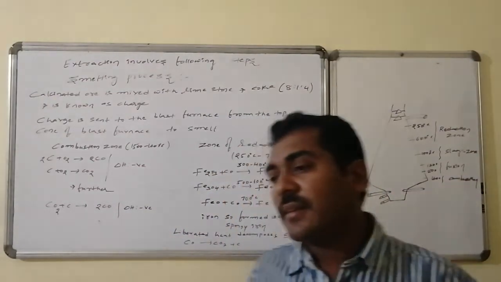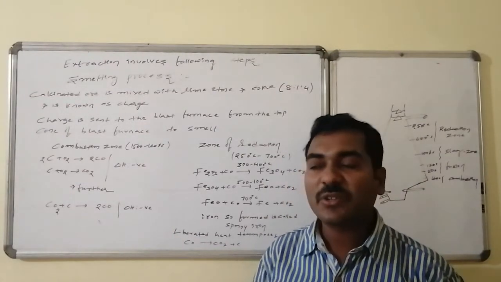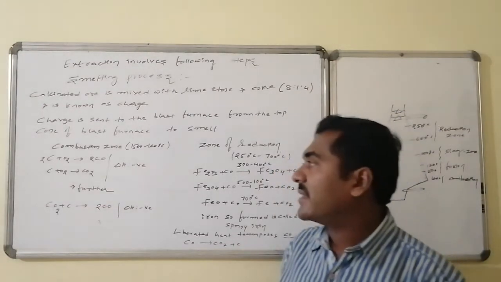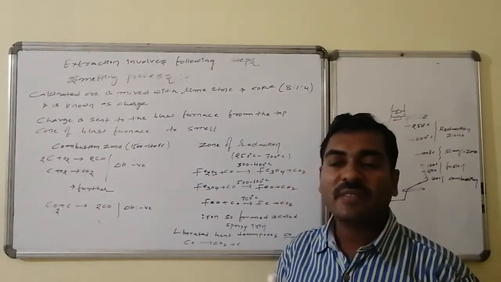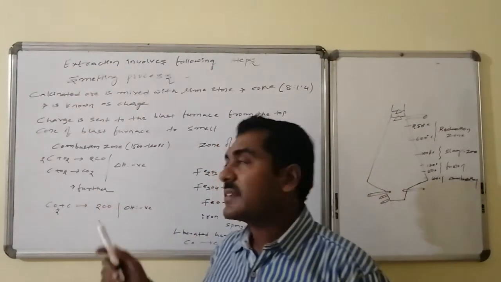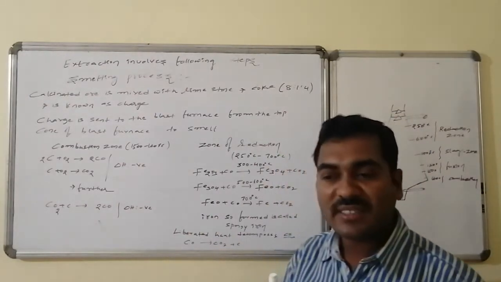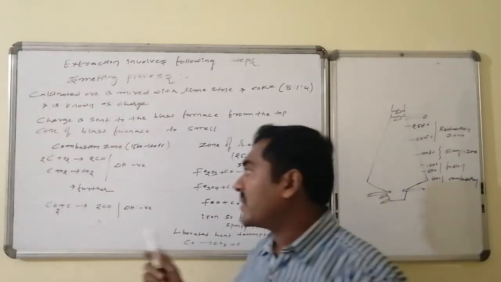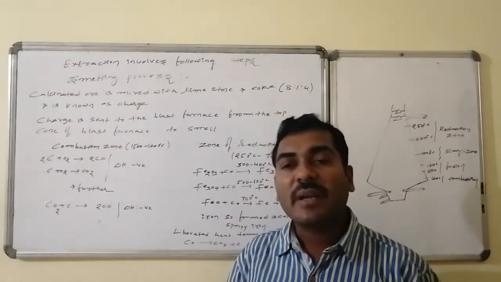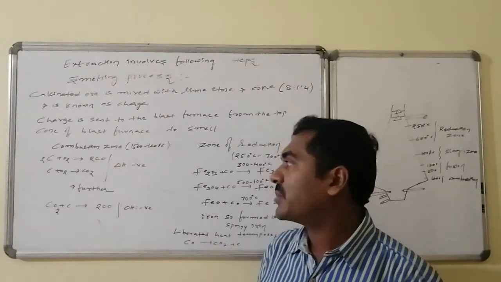In the smelting process, we have to start with the combustion zone, because that is where the gases are produced. Combustion zone, 1500 to 1600 degrees centigrade: the carbon from the top as well as the compressed air of oxygen from the bottom combine with one another at this high temperature, and carbon combining with oxygen leads to the formation of carbon monoxide as well as carbon dioxide. But further, the formed carbon dioxide also readily combines with the upcoming carbon and is converted to carbon monoxide, because this process is also an exothermic process.